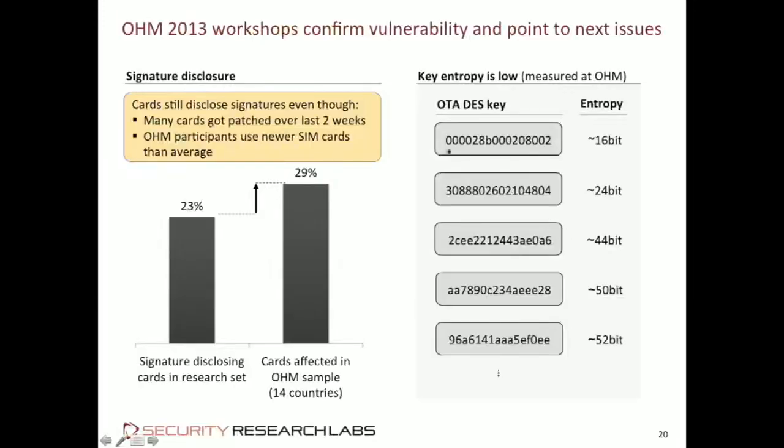workshops, we also found yet another issue that we hadn't been aware of, and that is terribly chosen keys. So here, just a couple of example keys from cards that we broke over the last 3 days. So you see this key, how it has all these zeros. So this has at most 16 bits of entropy. So there's 8 ones in it. So you'd think that they flipped a coin 16 times. That's breakable even on my laptop in a few seconds, right?